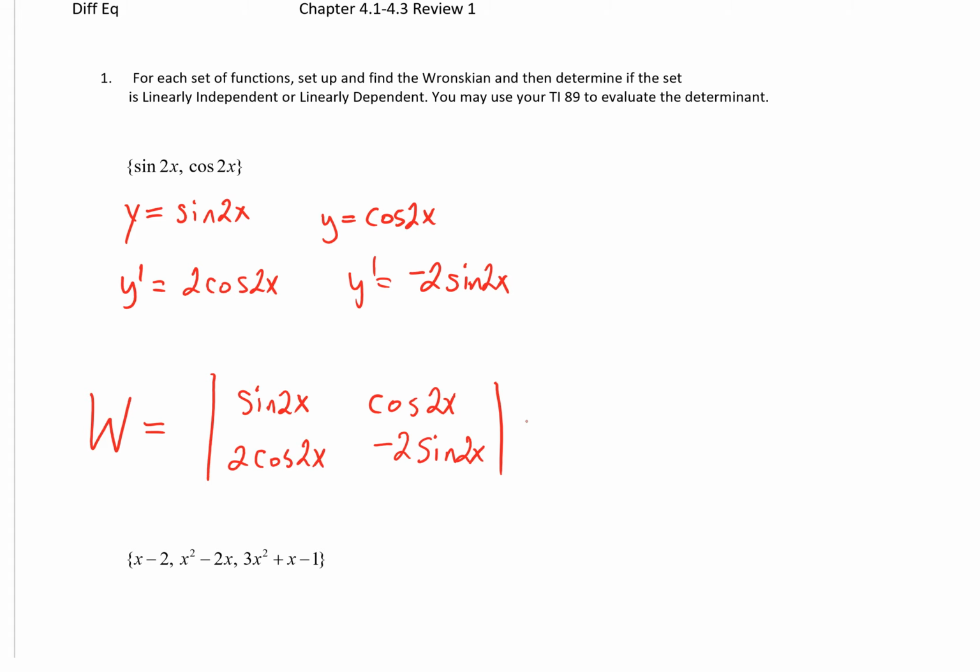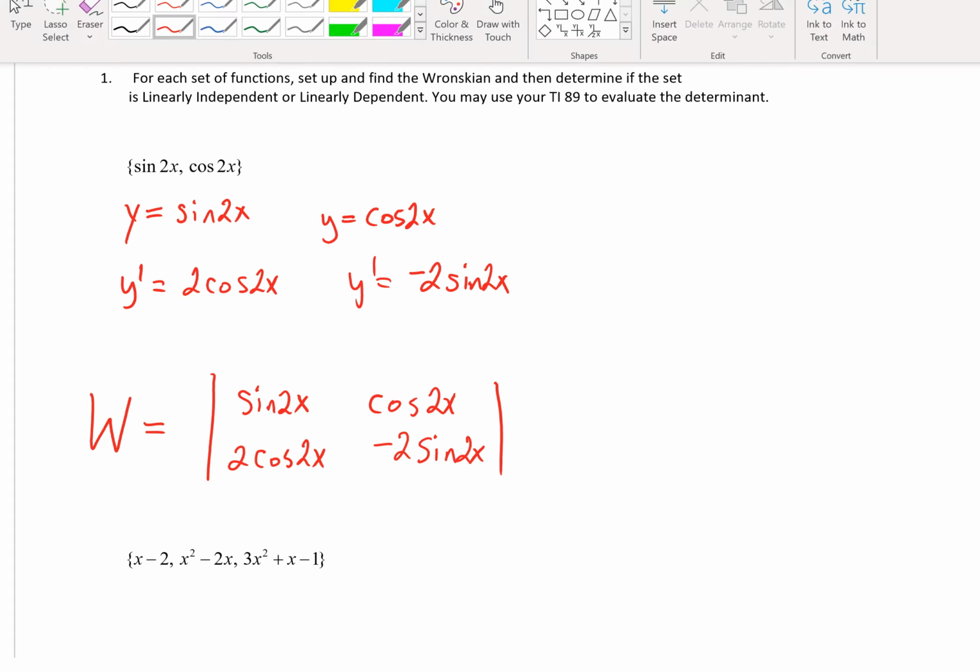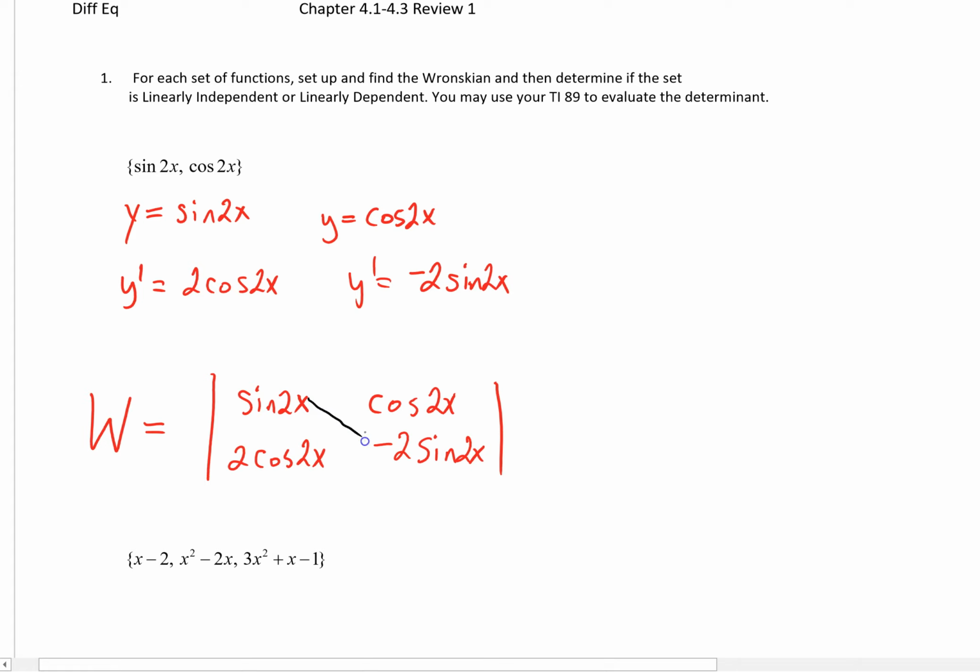So how do we do this? Well, you could use a calculator. We're going to do that next time for the next problem. I'm going to just review how a 2 by 2 determinant can be worked out by hand. It's like cross multiplying. You'd get negative 2 sine squared of 2x, and then, of course, we're going to subtract, and then we're going to have this other cross multiplication, a 2